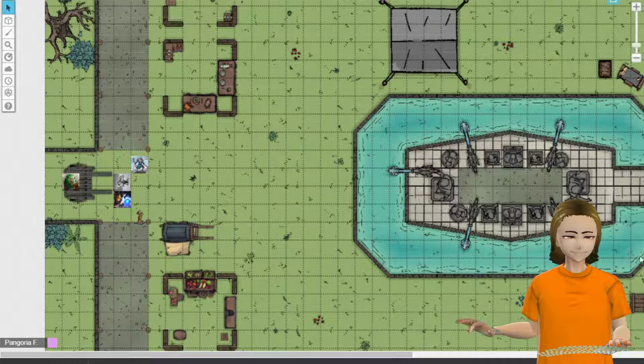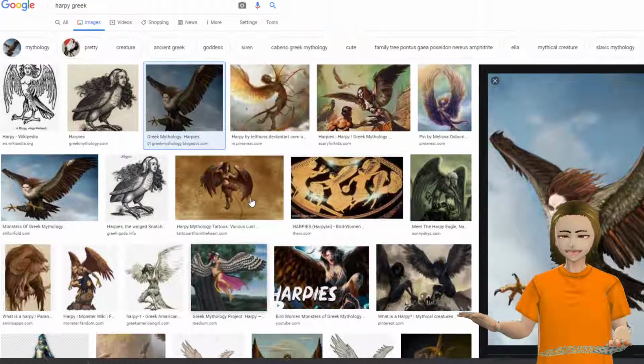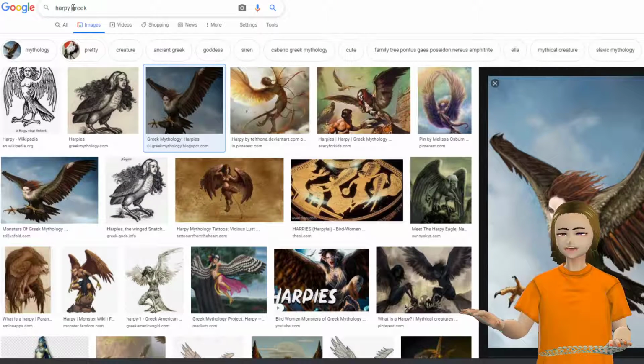Alright. And library, upload, choose a file. Alright, here it is. Okay, so I'll just upload this. We're going to be using the same image a bunch of times, and then the next thing we want is